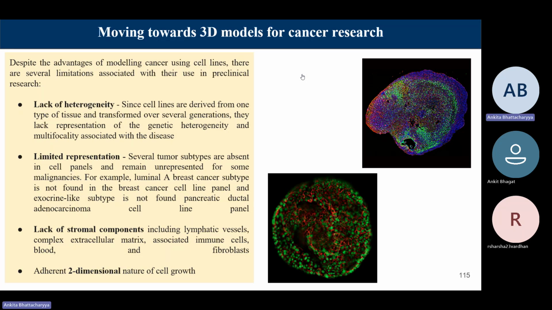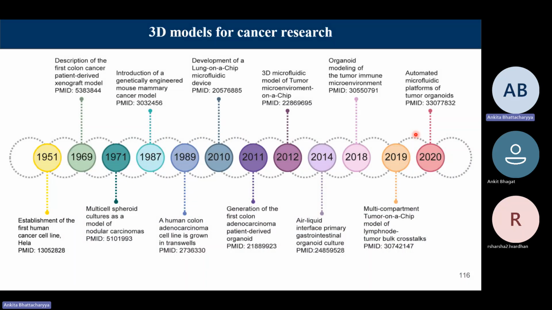Okay, so these were the disadvantages of cell lines, which eventually caused the shift towards the patient-derived 3D models for research. And these were two examples of organoids that we saw. This one was for cervical organoids, this was for a cerebral organoid. And then we looked at the historical timeline for the same. I'll not go over it